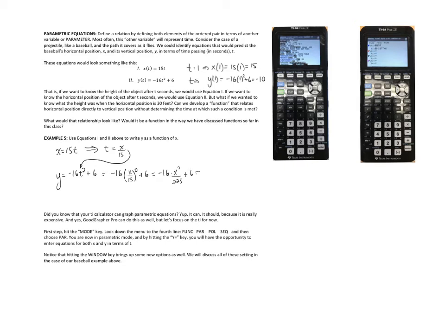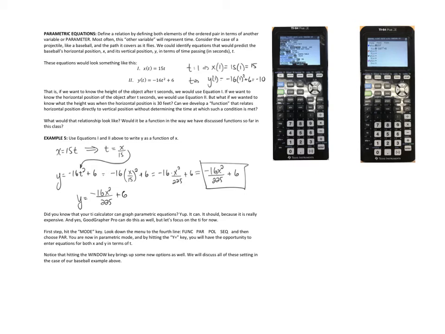I'm not going to worry about trying to reduce this fraction. It's not going to reduce. So negative 16x squared over 225 plus 6. So this establishes a relationship directly between y and x. That's a fairly straightforward use of substitution that you could almost think back to your Algebra 1 days. That would give you a direct relationship between y and x. So there you go. That's about as much as we're going to do with parametric equations,